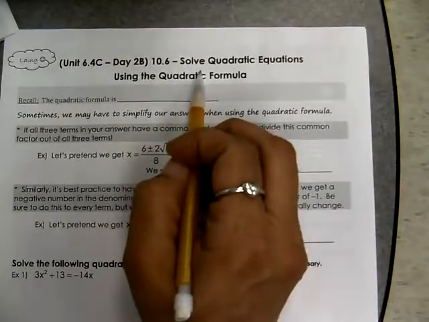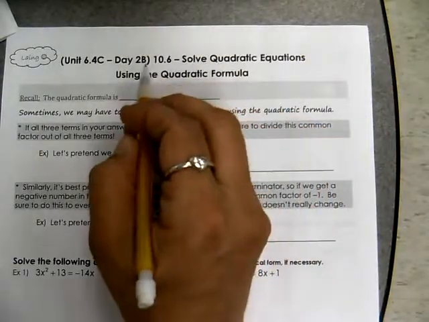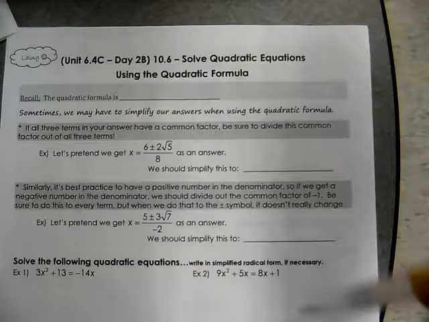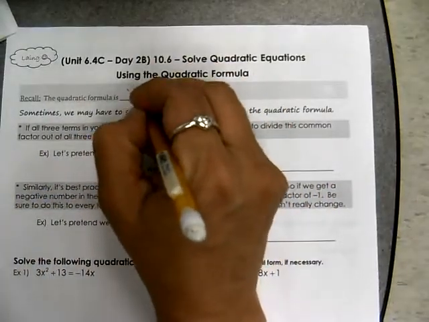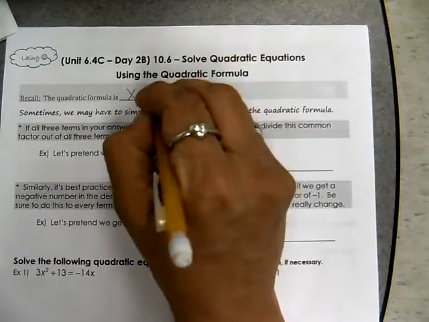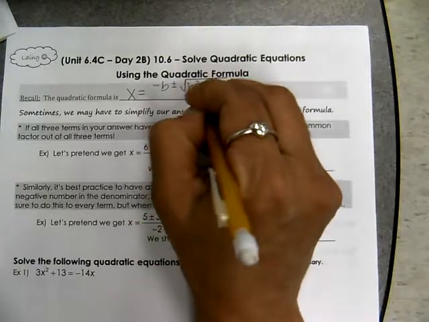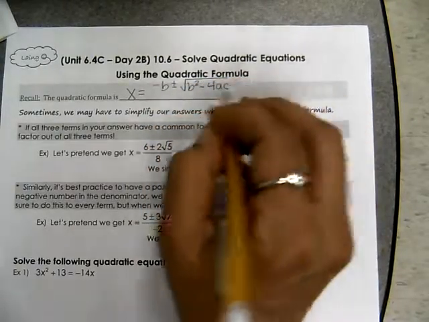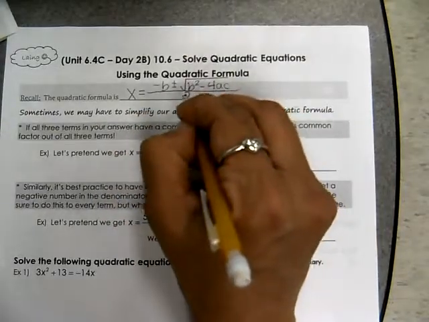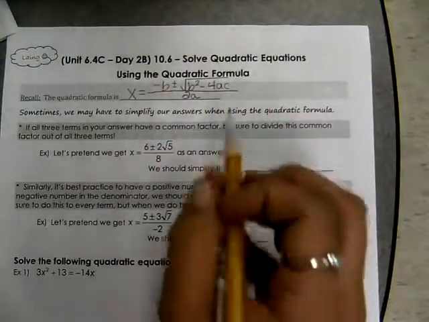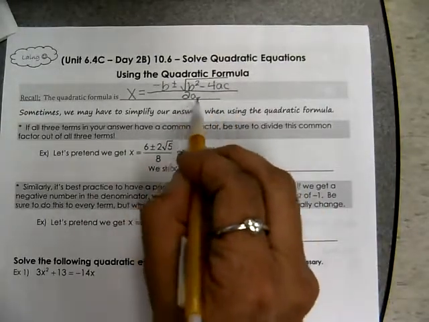Right, today what we're going to be doing is solving quadratic equations using the quadratic formula, but this is the second day that we've been dealing with this. We've used the quadratic formula before. We know the quadratic formula is x equals negative b plus or minus the square root of b squared minus 4ac, and all of that is in the numerator, divided by 2a. We talked about the presence of the discriminant, b squared minus 4ac,